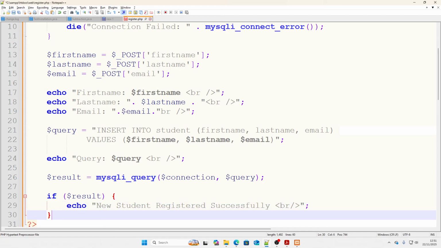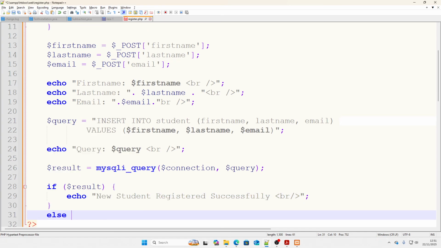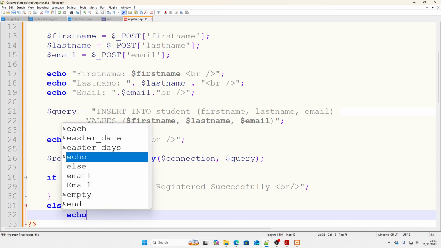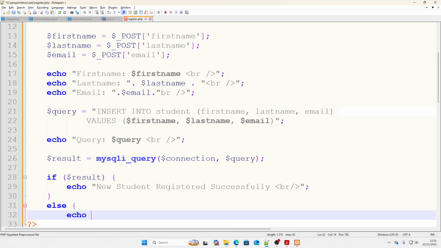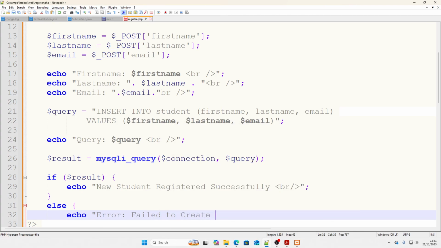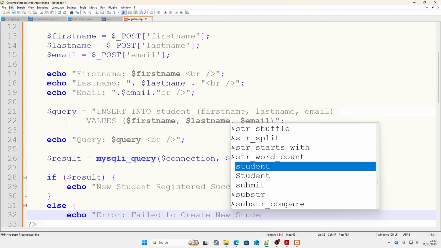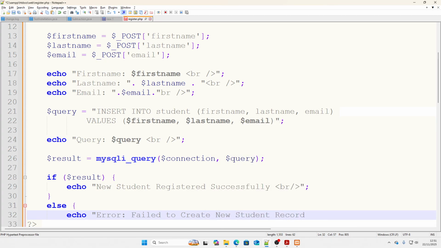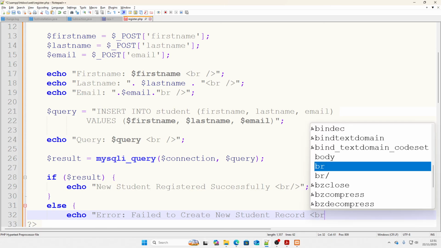Then for the else, that's in case something failed, then you're going to say echo error, failed to create new student record. Okay, then going to break this,